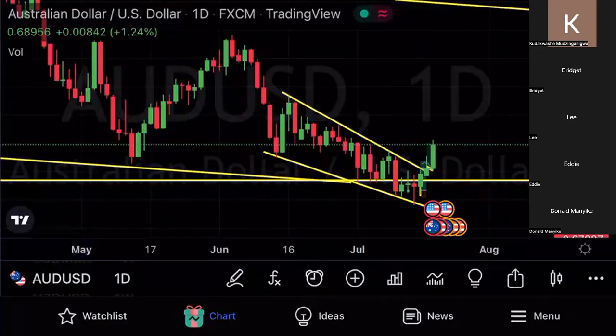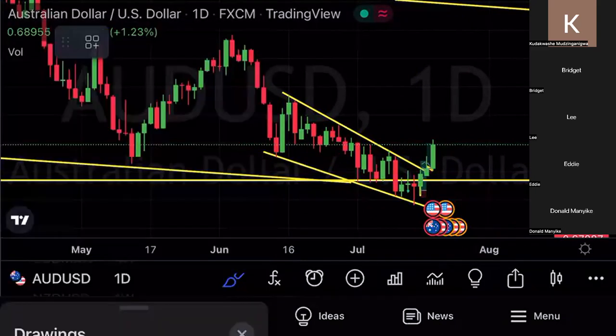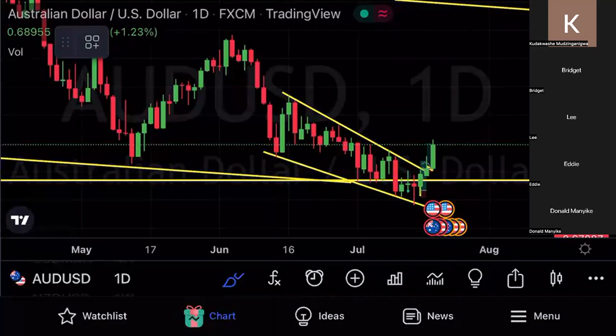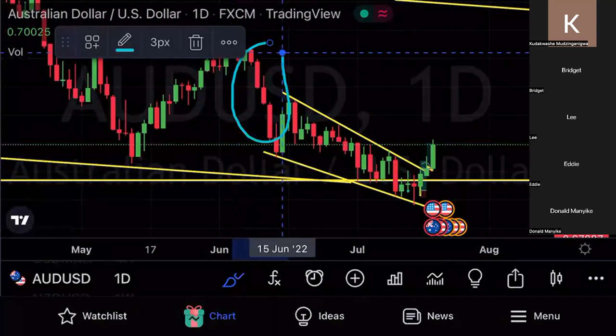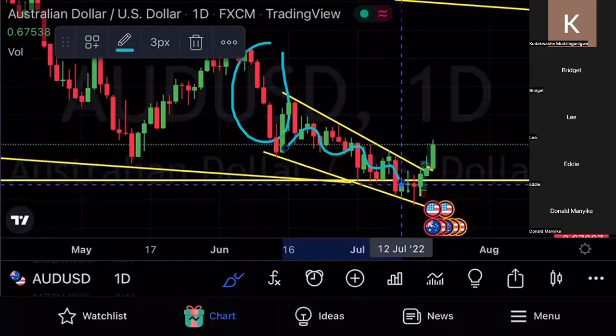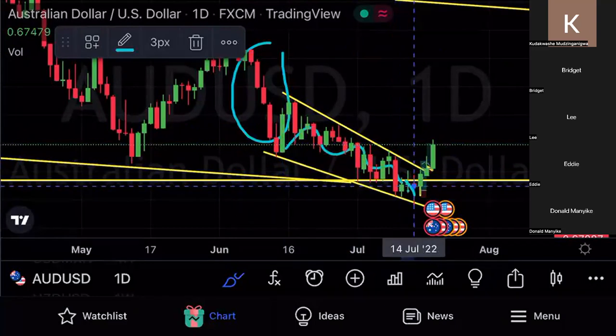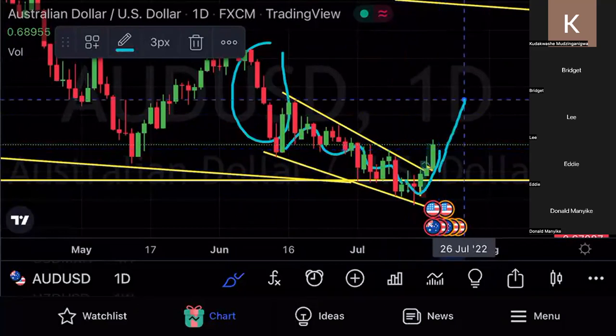Okay. Like I've said, how we approach the area of value is important. We can see the way we approached our order block. This is an impulsive move. We are approaching it correctively. We are having a corrective pattern. You can now see that momentum to the upside is kicking in. Already, the pair is buying, and we know there is high probability for this pair to push to the upside.